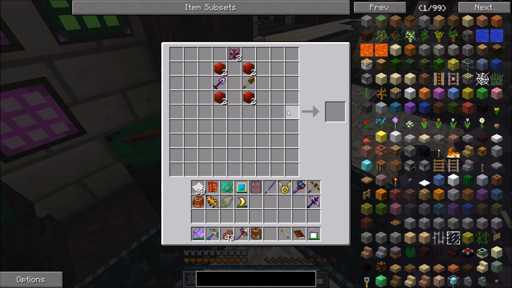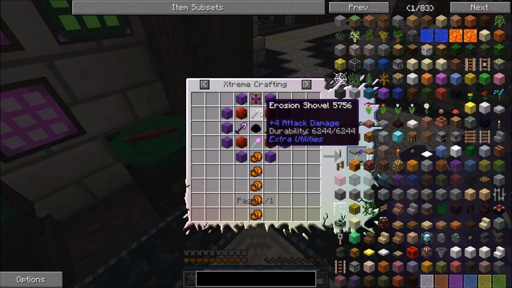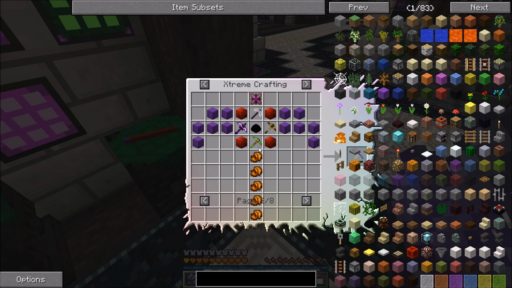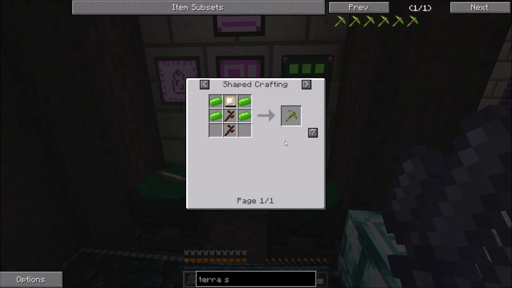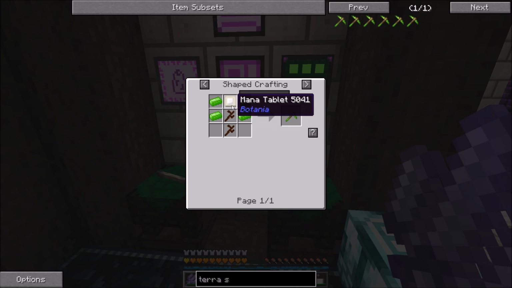I went ahead and just tiered them up side by side. And then we are going to need to get ourselves an erosion shovel. And for the pick, we need a destruction pickaxe. And then it's Terra Shatterer, alongside Elementium shovel. Okay, I'll go ahead and grab the... oh, it's going to take that. I need...